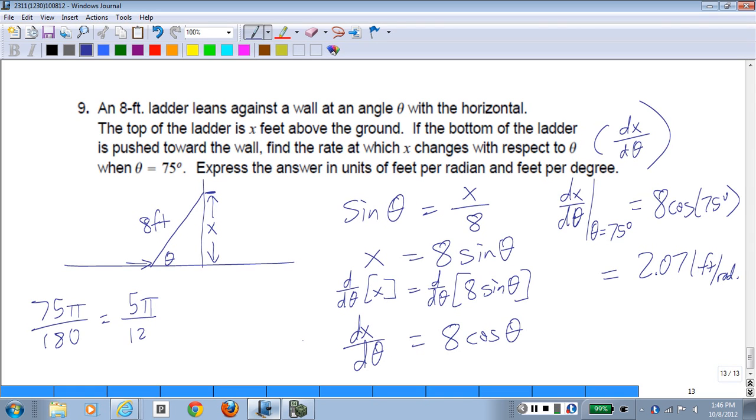How many feet? Well, not 2 feet, but if we convert this to feet per degree by multiplying 2.071, this is feet per radian, by pi radians for every 180 degrees,